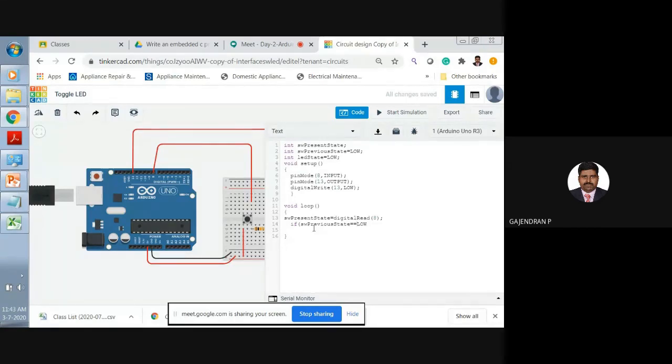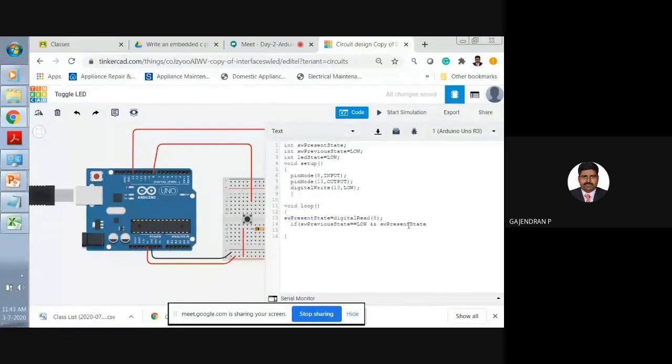In the second line, we assign the value. Now we are going to check the logical condition. So equal to low means a logical function. We are going to check the state of the particular variable. If it is low, and so see this is logical, and we are going to compare with one more statement that is called present state. So if my present state